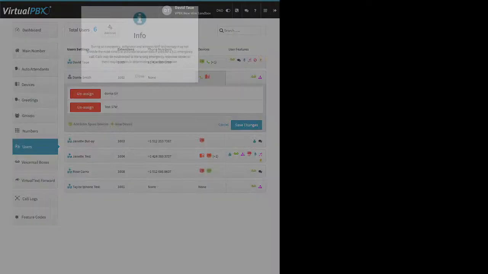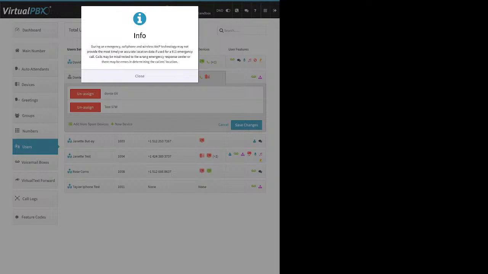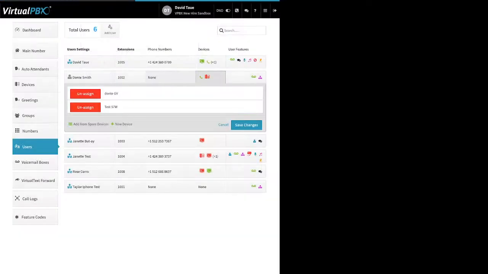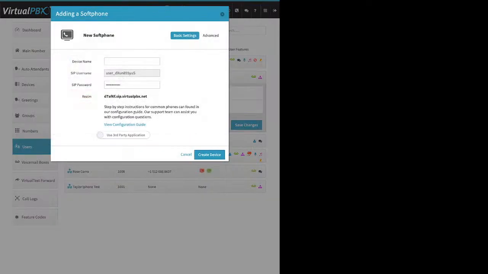All right, next up is soft phone. So whenever you add a soft phone or web phone, you're going to get this warning message. Please make sure you read this at least once. When you click close, this big box comes up and the system will default you to adding a third-party soft phone, right? So meaning you're using somebody else's soft phone application,